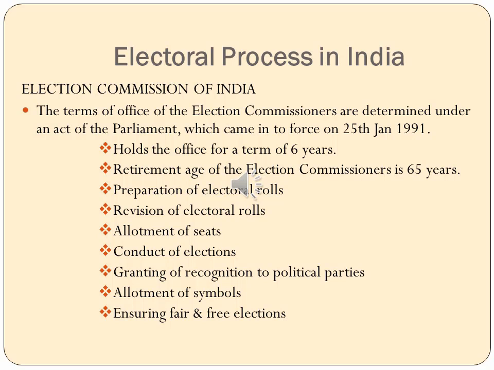So like I said, after 25th January 1991, the election commissioner office had a term of 6 years. It was passed in the parliament under the parliamentary amendment on 25th January 1991. So after this, the election commissioner holds the office for a term of 6 years. The retirement age for the election commissioner is defined as 65 years,